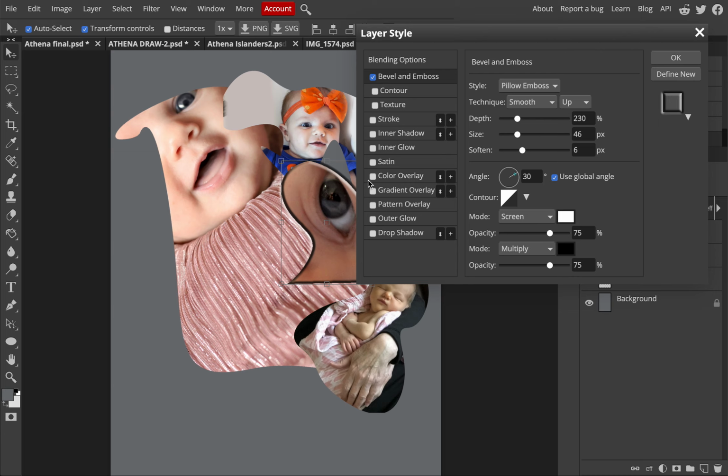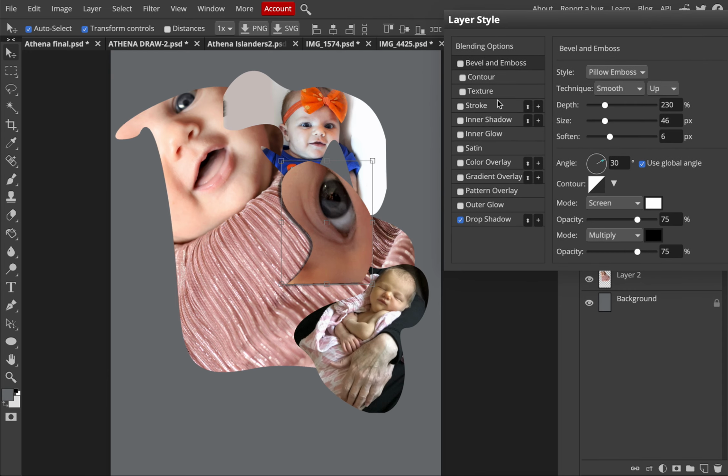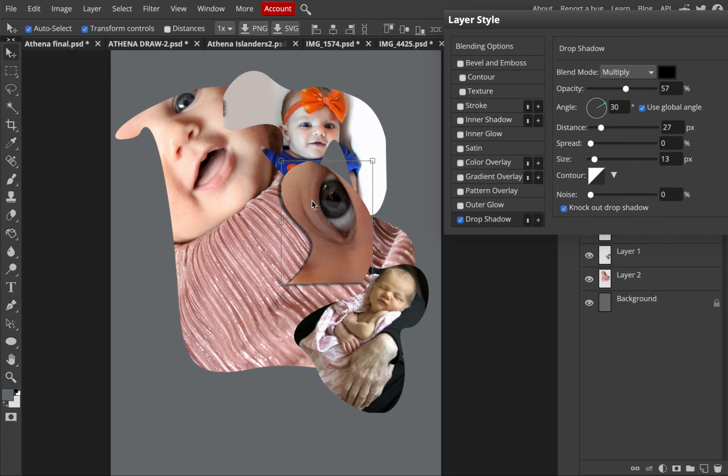You can go through and play with some of them, but I think that for our purposes, either the bevel or emboss, sometimes the drop shadow, what the drop shadow will do, and I'll just show you that one, it might create the effect that your piece is floating a little bit above the other one, so it can create a little bit of depth. So you see I'm creating a shadow and I'm able to move that shadow around, so it might create the situation where your collage looks like floating